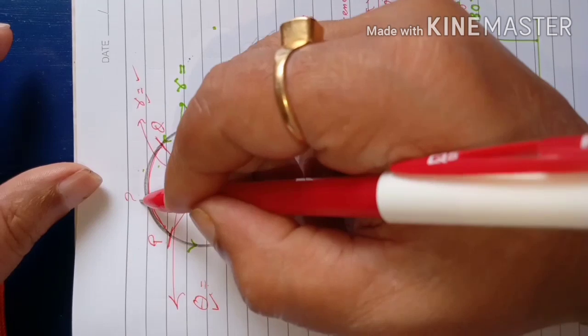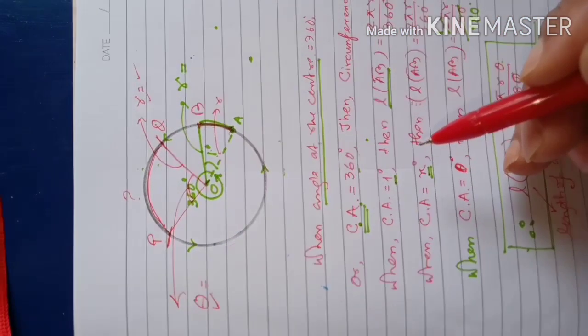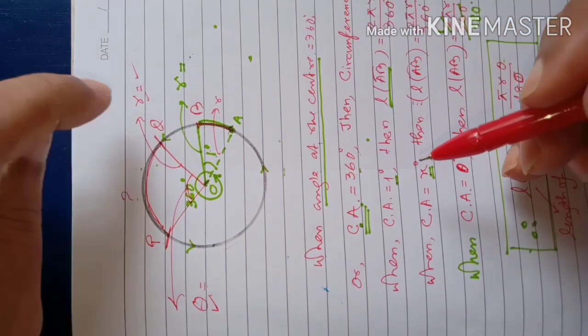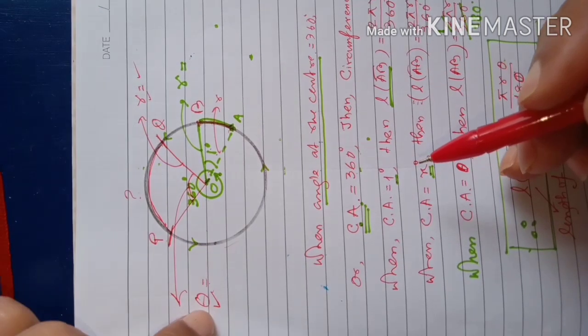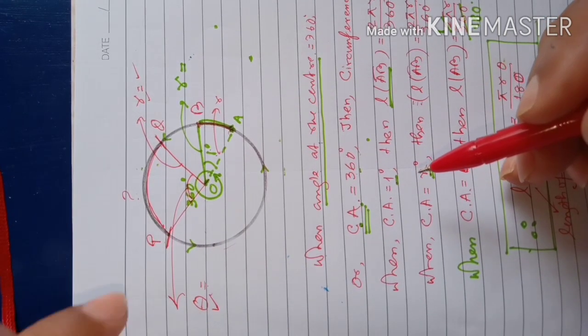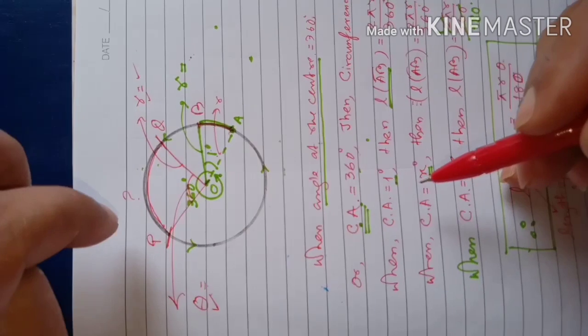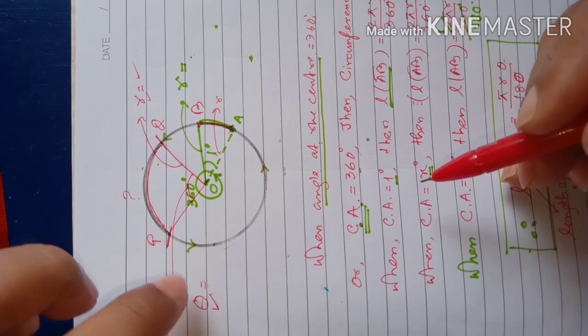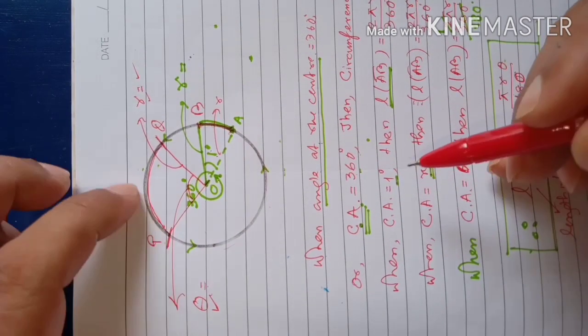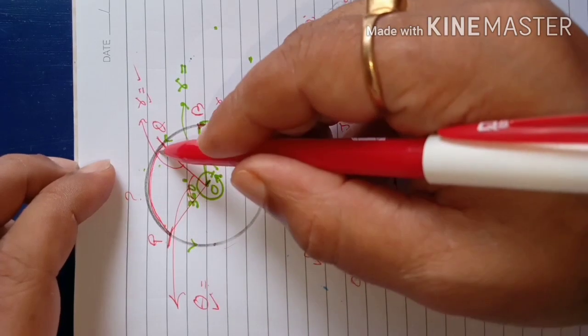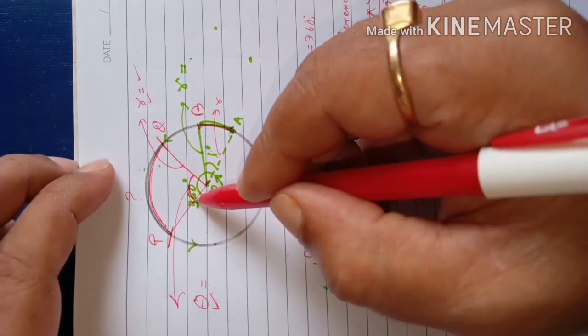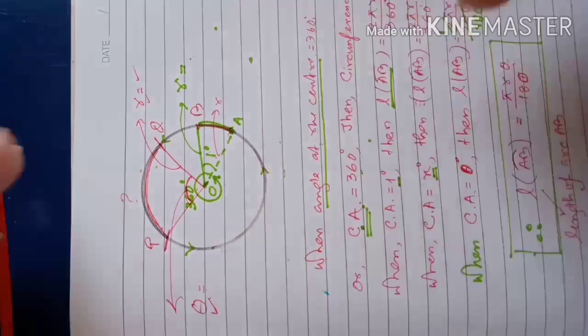You want to know what is the length of this arc PQ? Then two things are required. What are those? One is radius and one is the angle. Which radius? Radius means the radius of the circle, and the angle means which angle? Which is opposite to the arc. This is the arc whose length is asked, then this is the angle opposite to it at the center, but that angle you have to know.